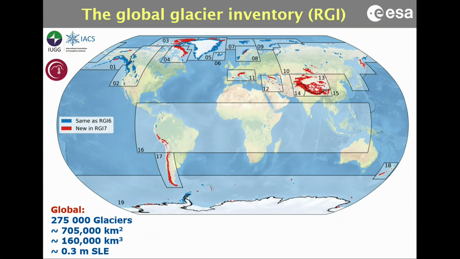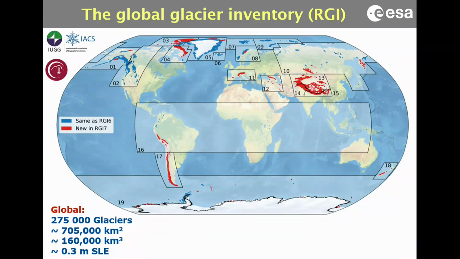As a rough estimate, and I did this 20 years ago and it still holds, you can say that once you have mapped the glaciers automatically and then have to do the work for the individual glaciers and check the debris-covered parts, you need about 10 minutes for one glacier. So you can multiply this 10 minutes with 275,000, and then you know roughly how much time would be required to do one global